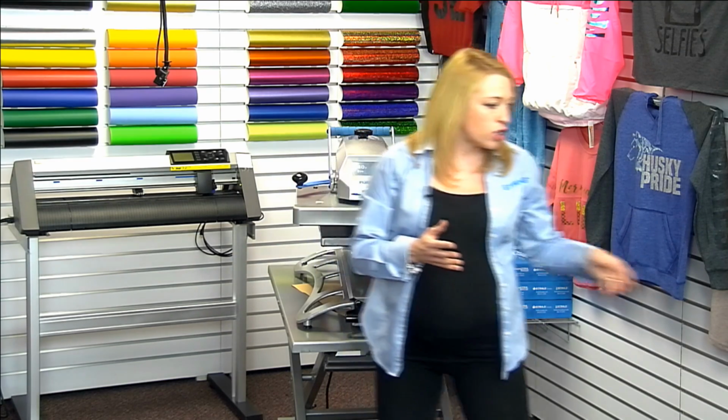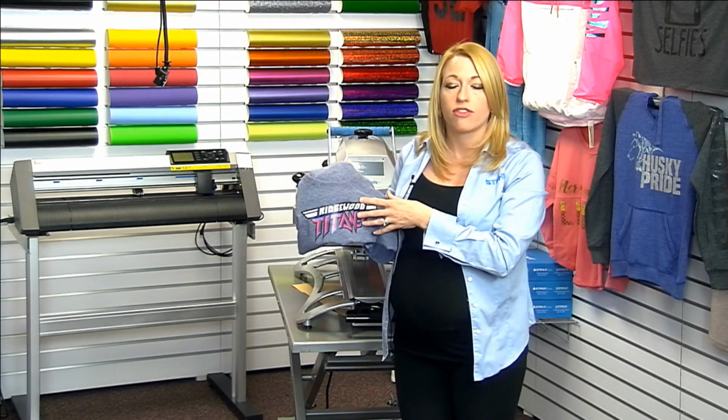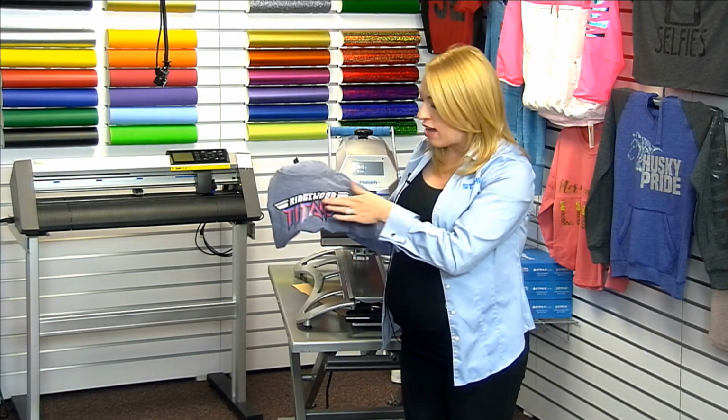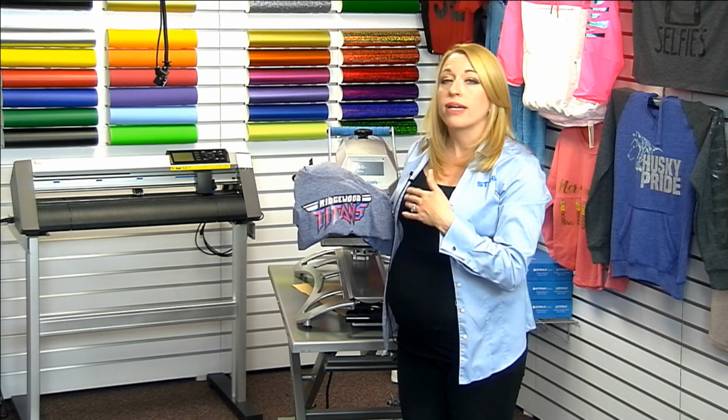One of the viewers asked if they should use a craft sheet as opposed to a Teflon sheet for Triblend materials. Either cover sheet, so the question was, do I use a craft sheet or a Teflon sheet? Either one will work perfect for the application that we're doing. What I do recommend is just if you're putting it over a transfer where you saw that I had pressed this transfer once, peeled the carrier, and then left the finish exposed, then I would recommend